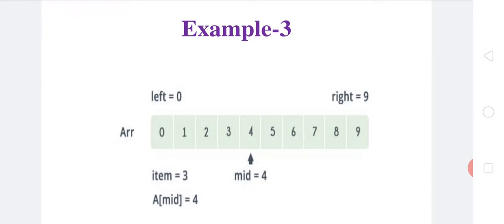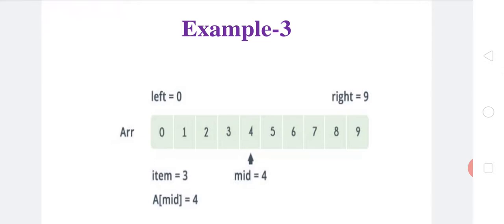This order is ascending order; we can arrange the elements in descending order also. Here I have taken left equal to 0, which we already named beginning, and right equal to 9, which we named end. Means beginning plus end means here left plus right. Now the search item is 3.